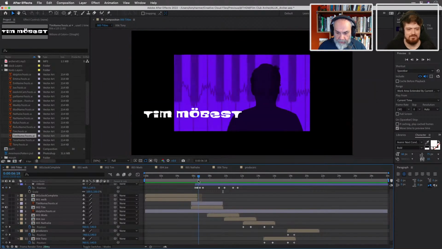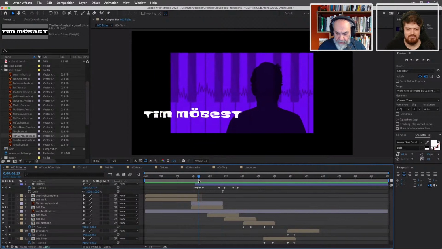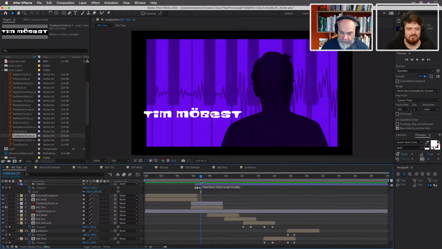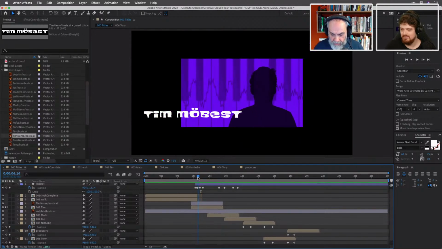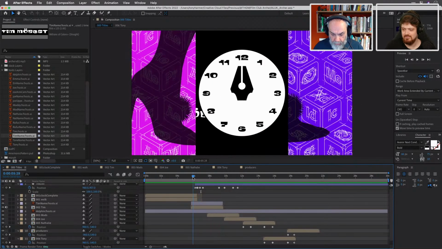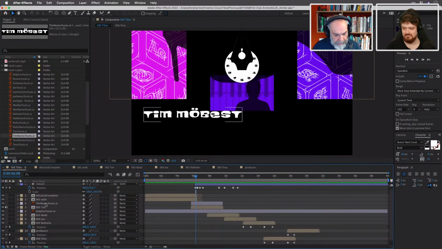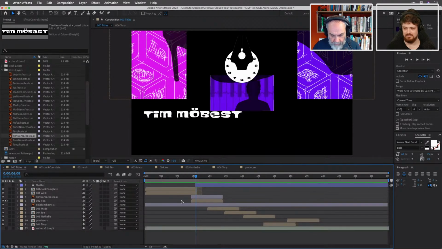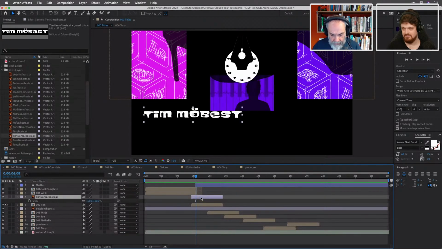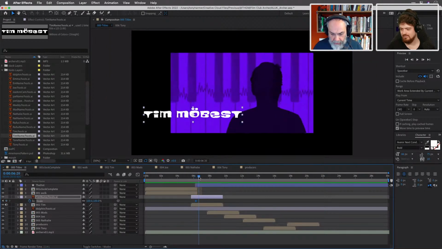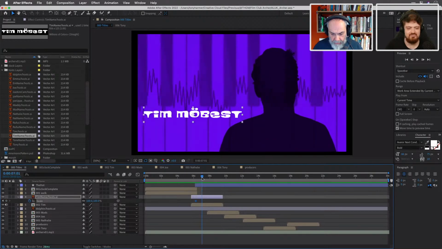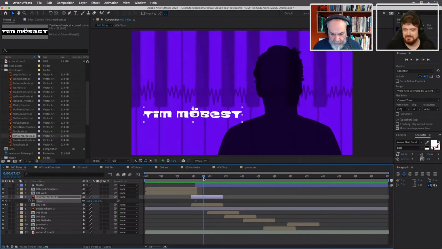Okay, so right, the transition for your name is going to start about here. I think scale is going to work well for this one. And at that point there, oops, what happened there? S for scale, doing that. When you get to this point here, it needs to be full scale. Pretty much. There we go. And add a keyframe for that.